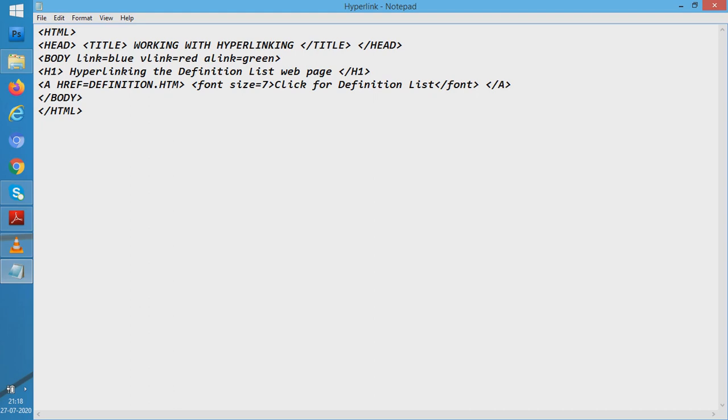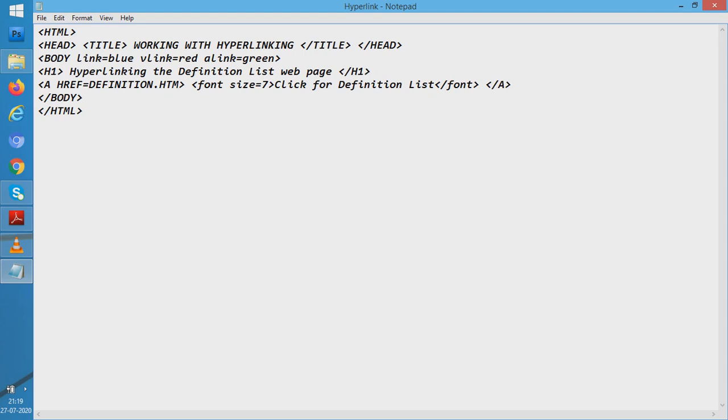But as we move the mouse pointer towards it, the definition list statement, if we move the mouse pointer to this statement, what will happen is this link will become active. It will actually try to open, although it would not open till we click it. So it would become active so that it can open itself. As it becomes active, its color will change to green because we have written alink is equal to green. That means active link is green. As we click it, this would open, and after opening, if we return back to the hyperlink page, then this given statement would be of red color.